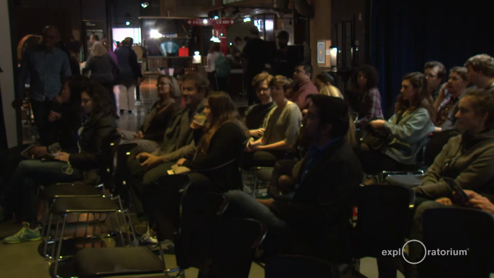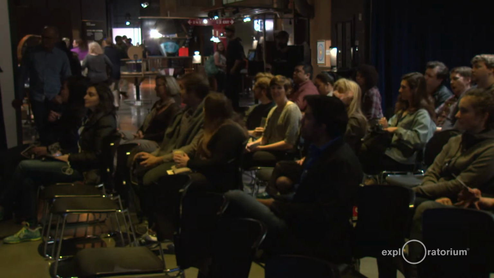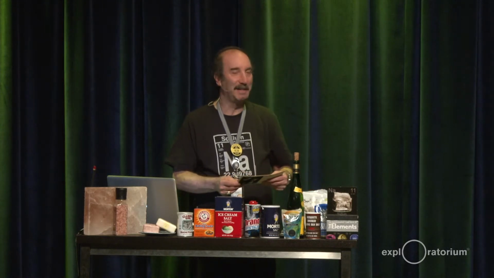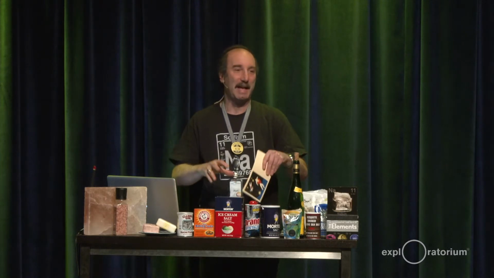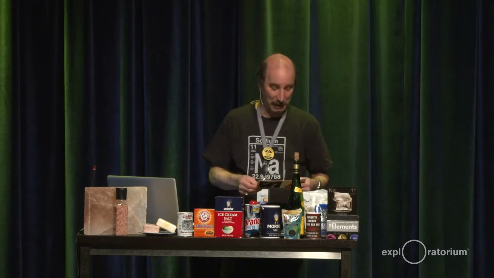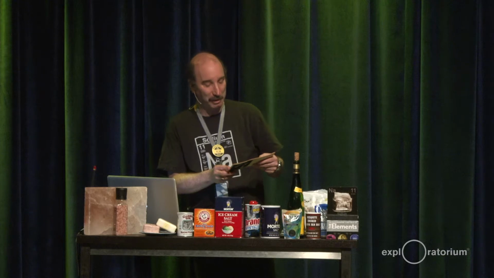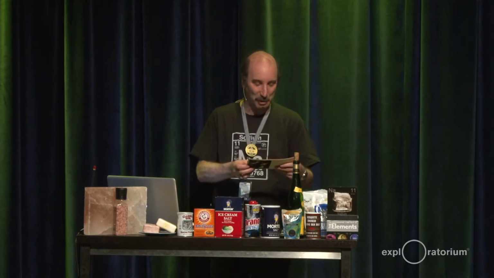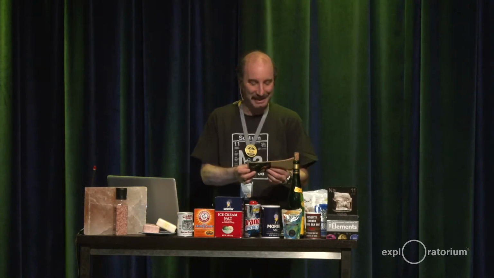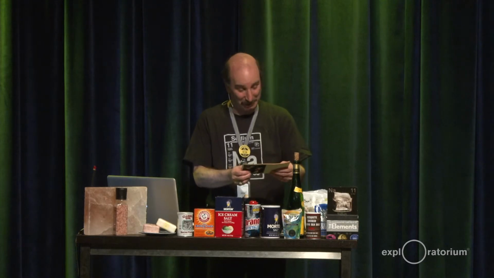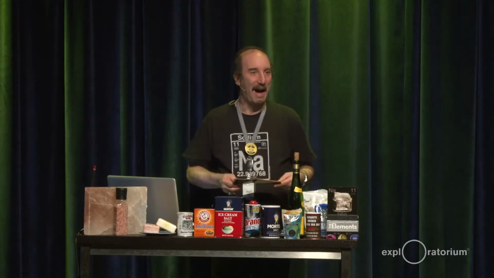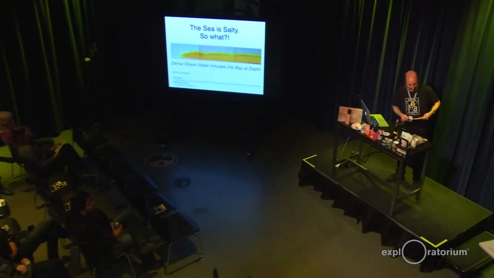For our talk now, I want to introduce you to John Largier. He's a professor of coastal oceanography at the University of California, Davis. He's also a science in residence here at the Exploratorium, and he helps us understand the salinity of the bay and how that changes and how that works. His research, teaching, and public service are motivated by contemporary environmental issues and centered on the role of transport of plankton, larvae, contaminants, pathogens, heat, salt, nutrients, dissolved oxygen, and sediment in the ocean, in the bay, near shore, and in estuarine waters. So I'd like to now introduce John Largier. He's going to talk about all of that.